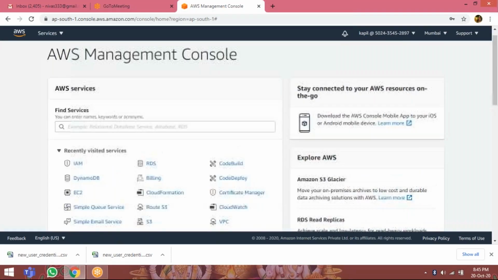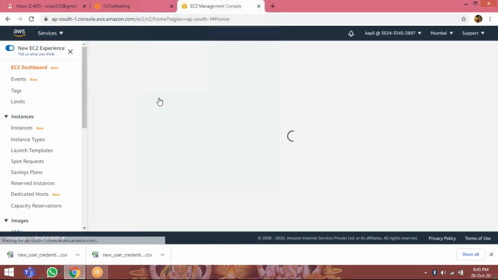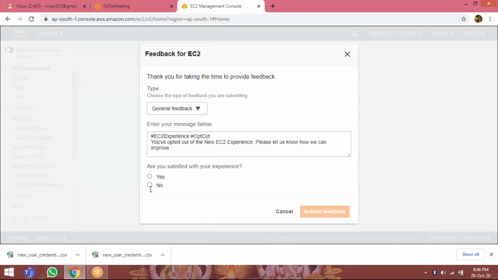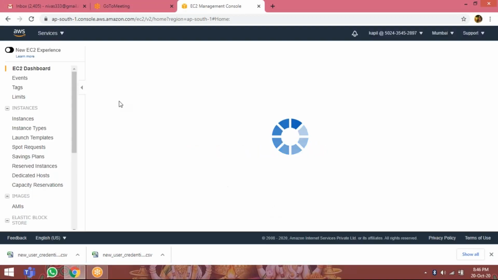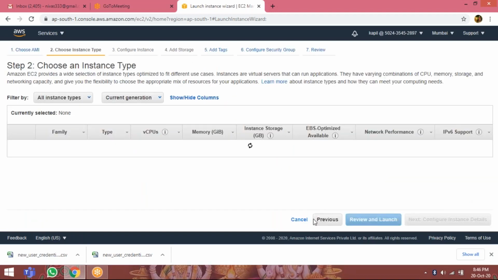I given the permission only on EC2. Go to services. You can click on EC2. So you can go for launch the instance, because I given the full permissions to you. So you can go to instances. You have permission, launch instance. Whatever you can do on the EC2 instances, you can do everything because I given the permission. Select. So you can launch the instance.